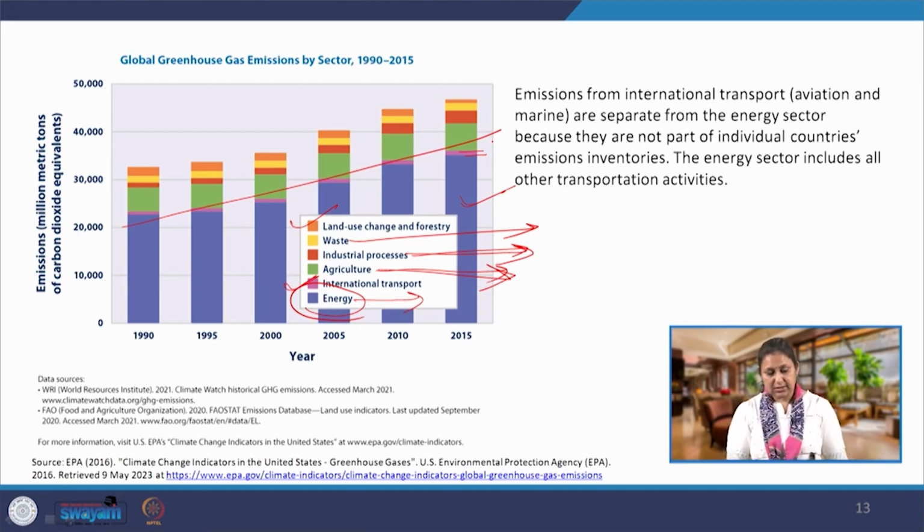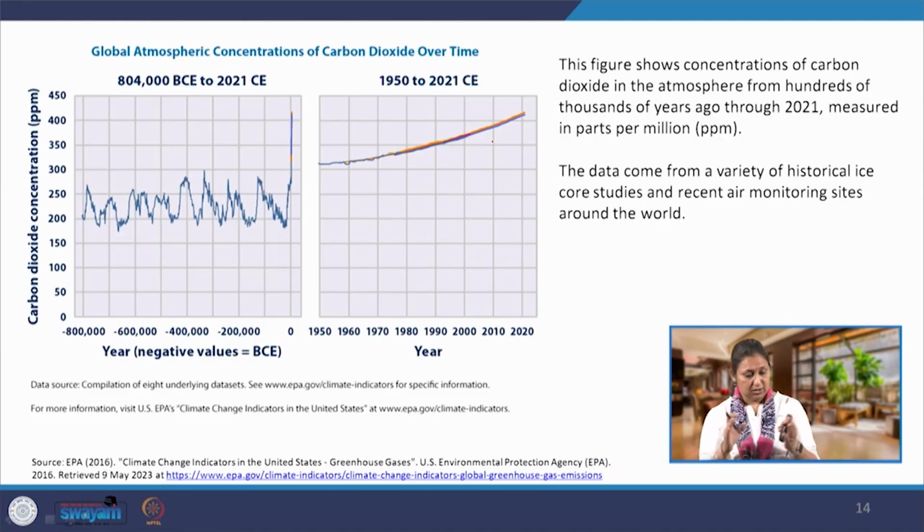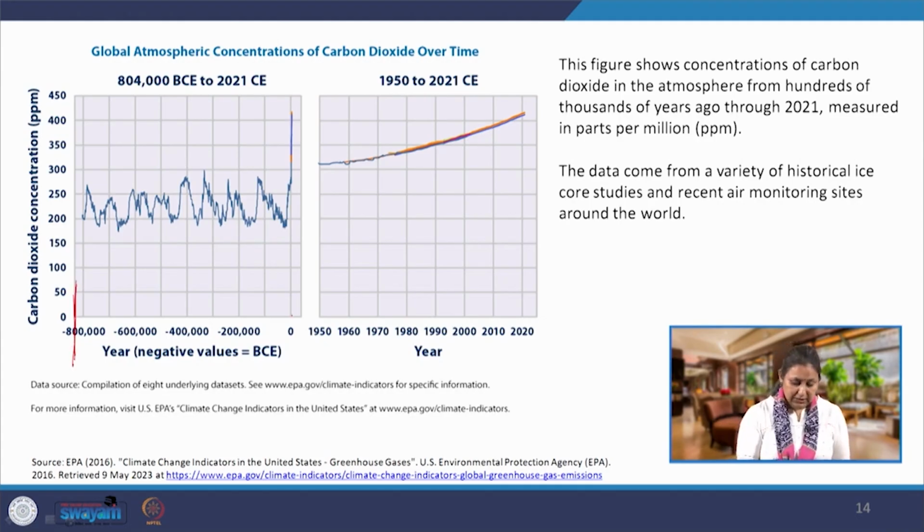So, this is the sector-wise contribution to greenhouse gas emissions that we have seen, and we have already seen the different gases, how they are present in the atmosphere. Quickly looking at the global atmospheric concentrations of different gases over time. Here we are looking at starting from 8 lakh years of Earth's existence, and here we have come to 0, this is 0 CE, and suddenly you see this streak. So, we are talking about 8 lakh years here,